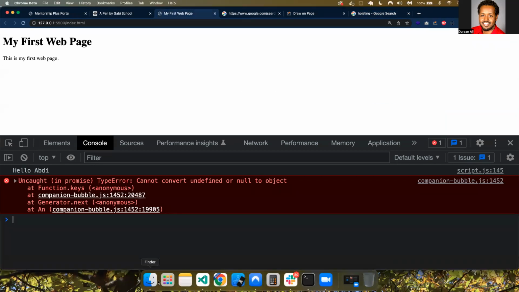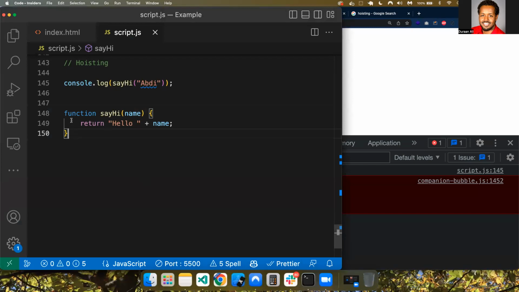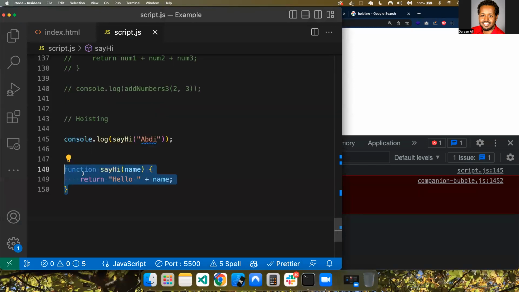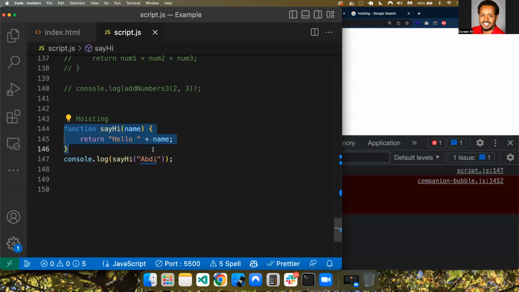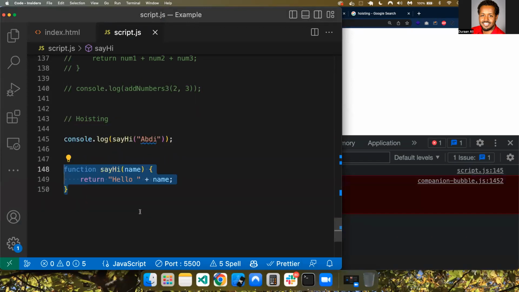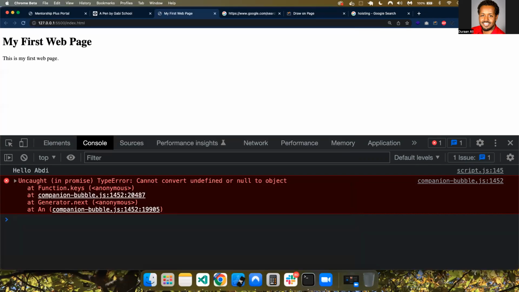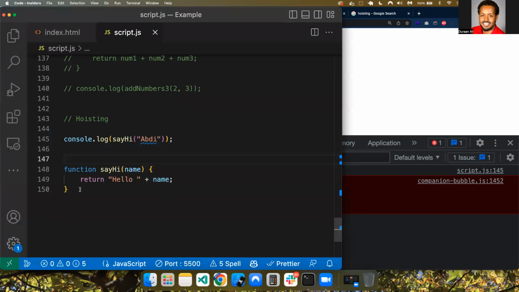What does that mean? That means JavaScript hoisted this function at the top. So it moved the function here. It hoisted the function. So the JavaScript engine, which runs in the browser, when it read this code, it said, okay,